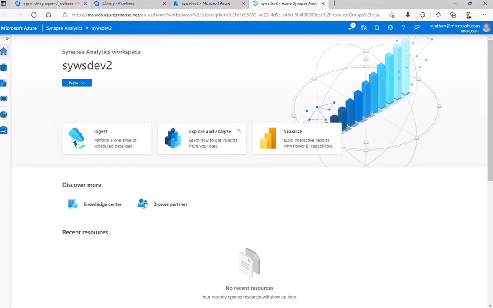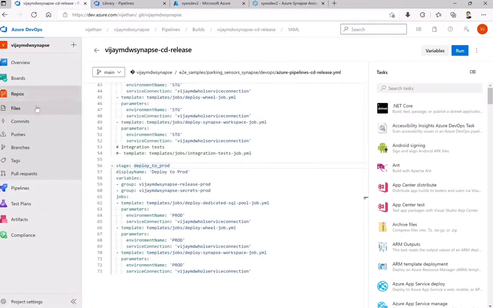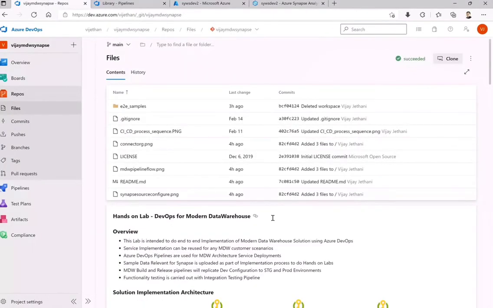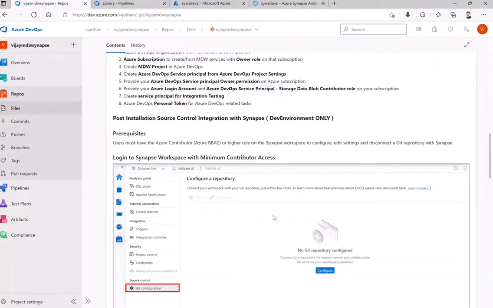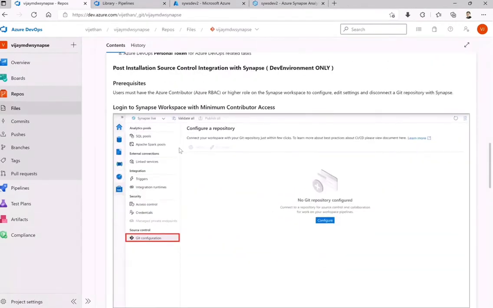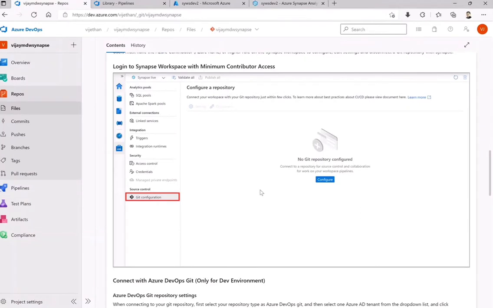Okay, in parallel, let me open the repository to just show you the instructions which we have put here. Okay, so this is exactly the same thing which I'm doing. Okay, I'm configuring the Azure DevOps repository for this.